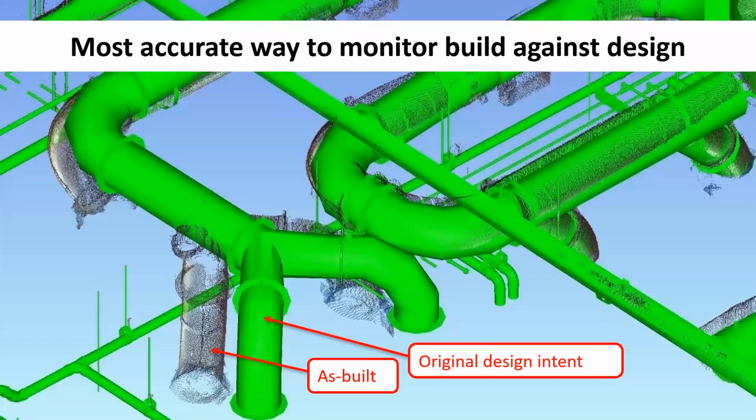To put point clouds in context of a BIM project, on the left-hand side you can see that we have point cloud data captured in all of the dark elements on the screen. On the right-hand side, we've got our BIM model, or our Navisworks model, from our design intent, taken from our 3D data or our Revit model. Then we can bring in the point cloud using Recap Pro into something like Navisworks or into Revit, and compare it